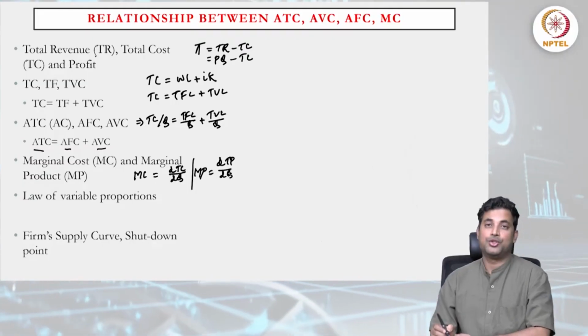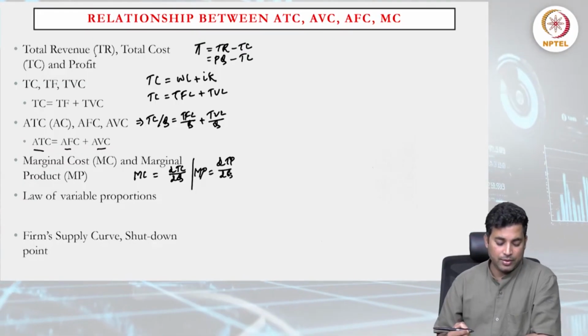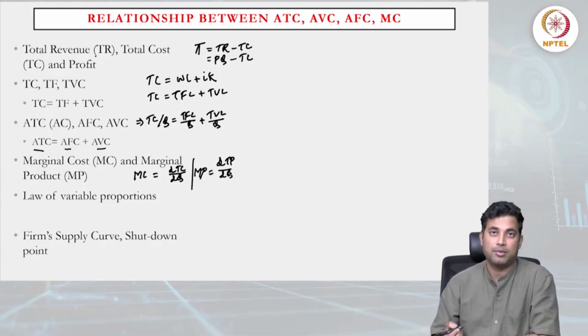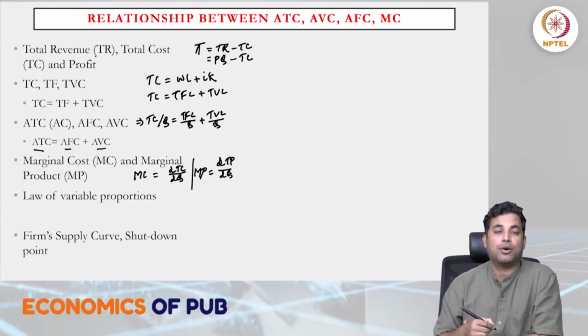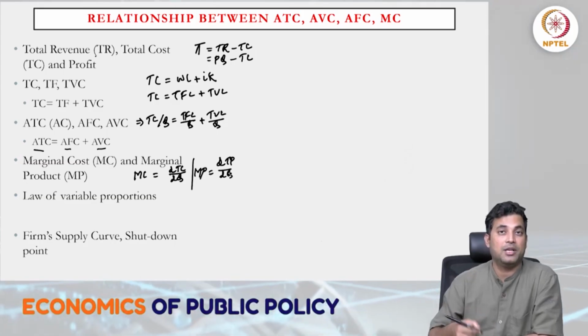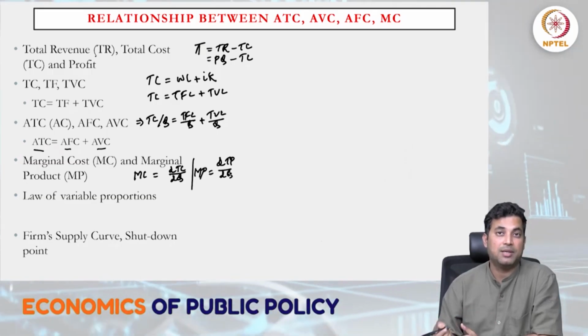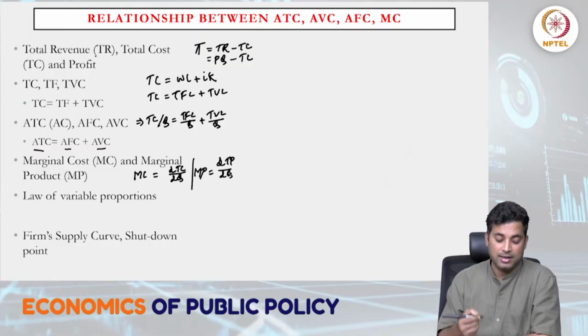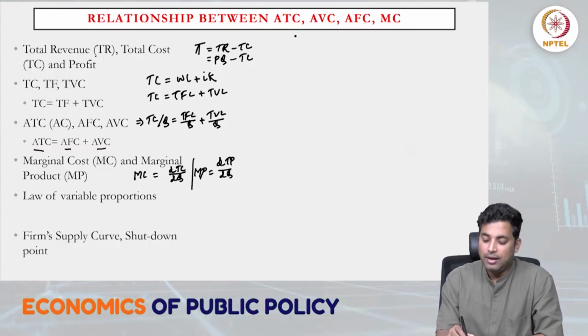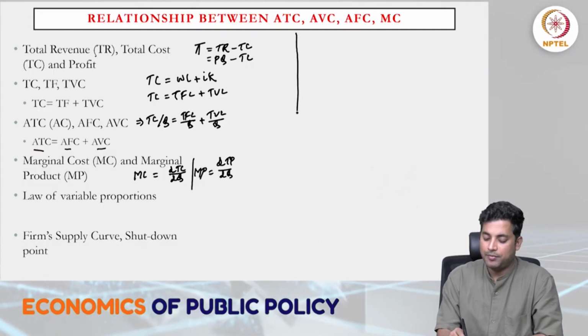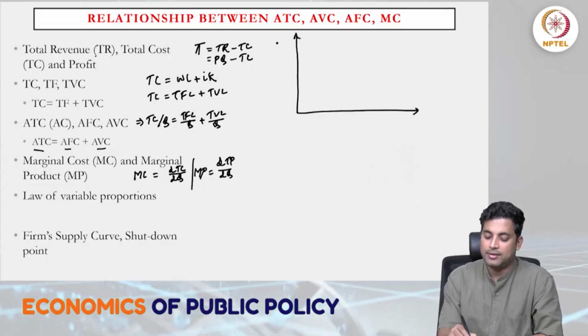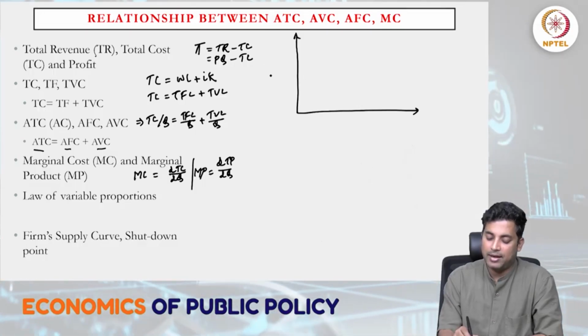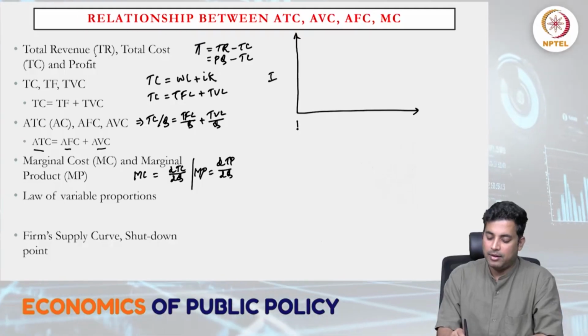So now let us draw how it looks, and also we'll talk about how the firm's supply curve looks, and from there we will move from the individual, here the firm supply curve, to the market supply curve. Suppose here we have taken two panels,